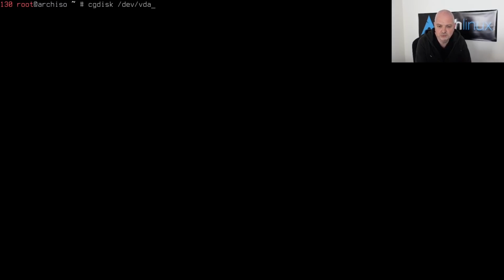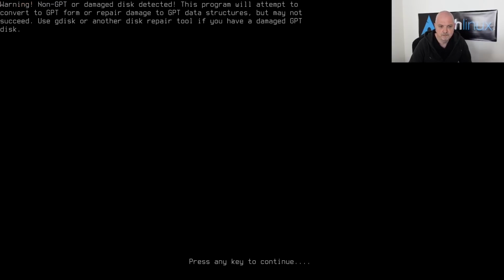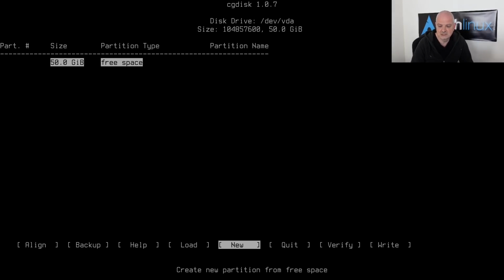Now, it's not such a popular tool, but it's there, and I just wanted to show it to you in this video because it's meant to create GPT partition tables using a little more graphical interface, like fdisk. So we can hit enter now. And as you can see, it says here, warning, non-GPT or damaged disk detected. That's fine. We can just press any key to continue here. And you can see here the type of layout that we have. We have our disk here with the free space, and on the bottom we have the options we need to